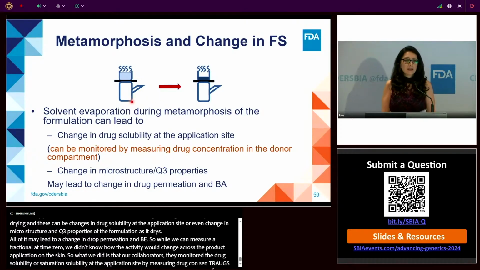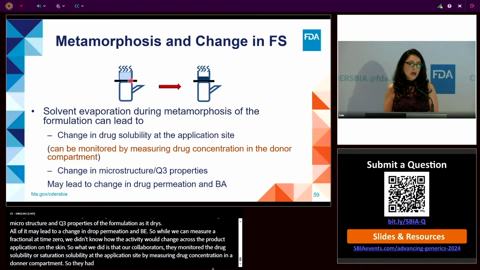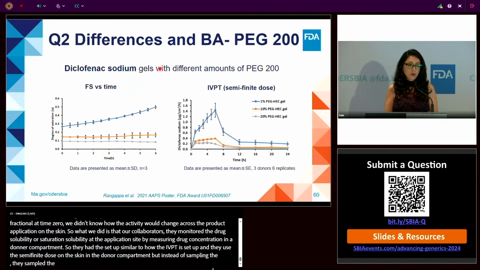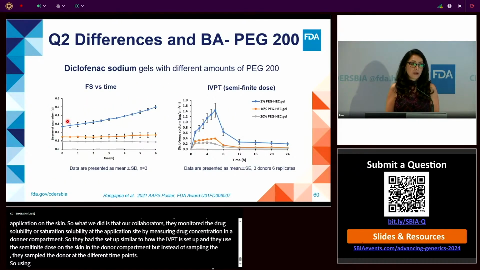So they basically had the Franz diffusion cell set up similar to how the IVPT is set up, and they used a semi-finite dose on the skin in the donor compartment, but instead of sampling the receptor compartment, they sampled the donor compartment and measured drug concentration in the donor compartment at different time points. So using this methodology, we would be able to have a fractional solubility profile across the duration of application here, for